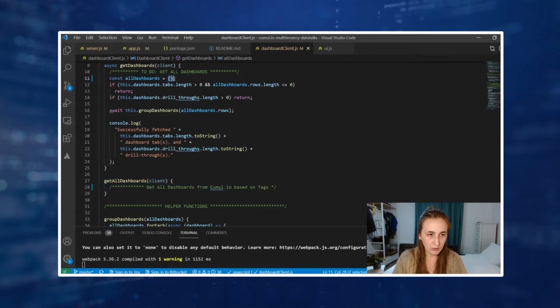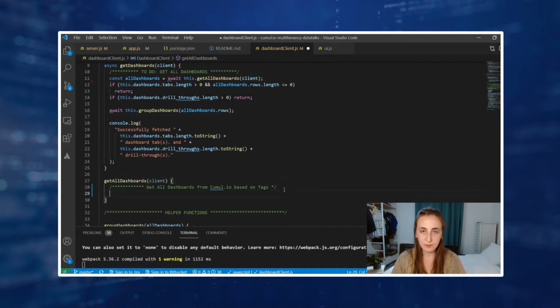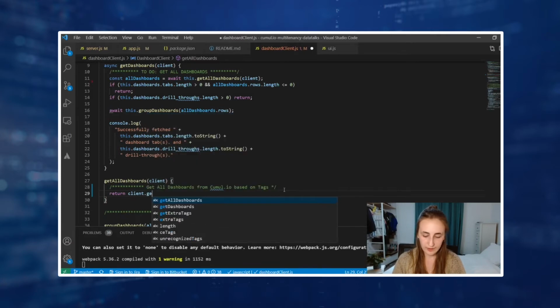So theoretically what I want to happen is I want to get all dashboards, and hopefully if that works we can group them into tabs and drill throughs. All right, so this is probably one of the most important parts of this coding exercise, is requesting the correct dashboards from Kumul.io. So for that we're going to be using client.get,